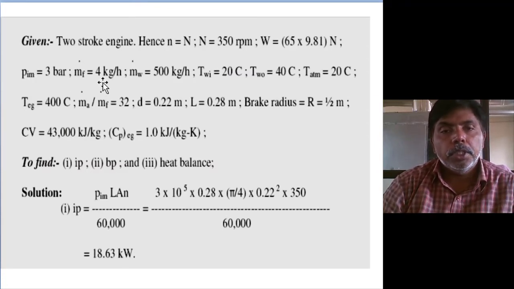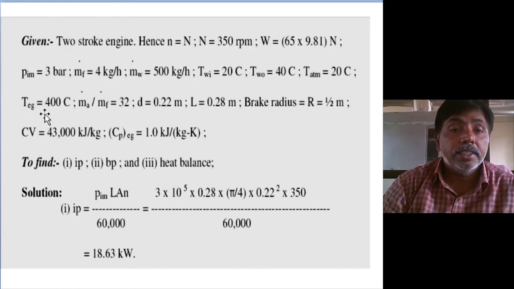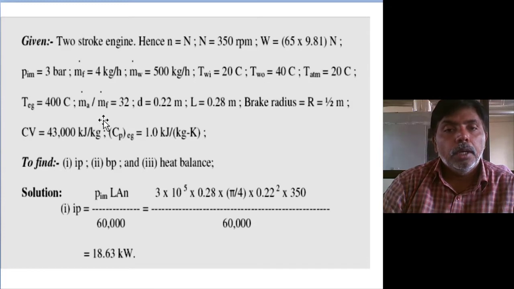Indicated mean effective pressure 3 bar. Mass flow rate of the fuel 4 kg per hour. Mass flow rate of water 500 kg per hour. Water inlet 20 degrees, water outlet 40 degrees, ambient temperature 20 degrees, exhaust gas temperature 400, mass of air to